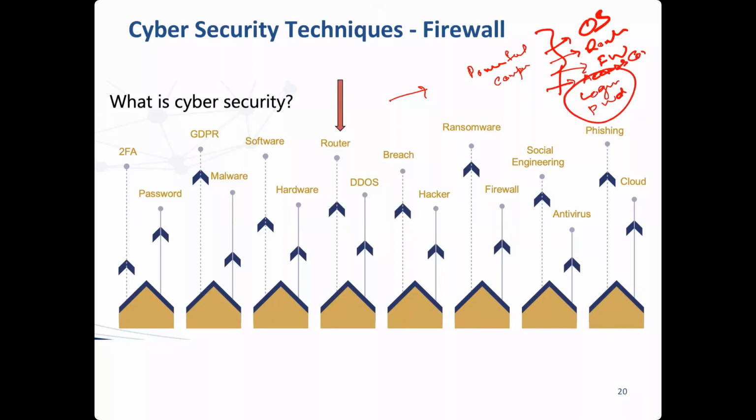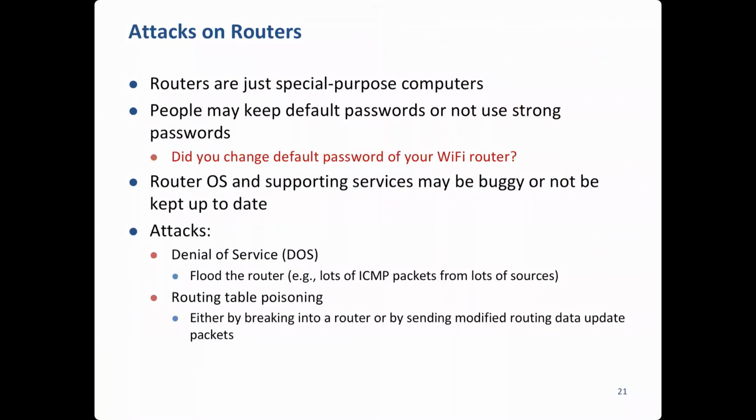Note that every device that is connected to the internet, whether your refrigerator, bulb, or washing machine, or anything else, must have an IP address and must have an access control mechanism. Otherwise anybody can reach any other node on the internet. So routers also come with a protection mechanism, which is user ID and password. Now when somebody comes to install your Wi-Fi, or you buy a Wi-Fi router from a shop, it comes with default passwords.